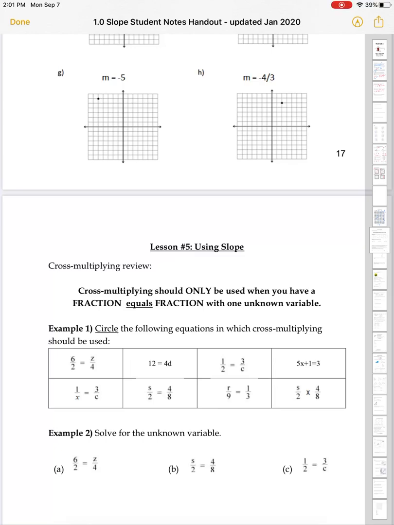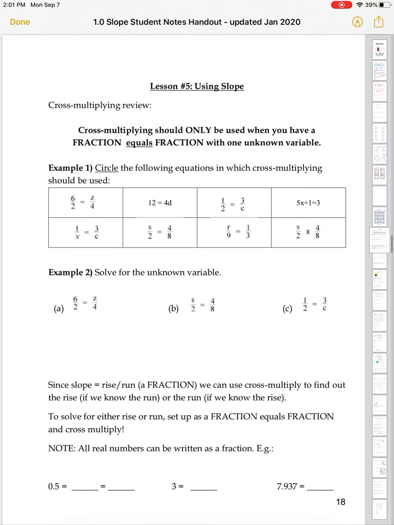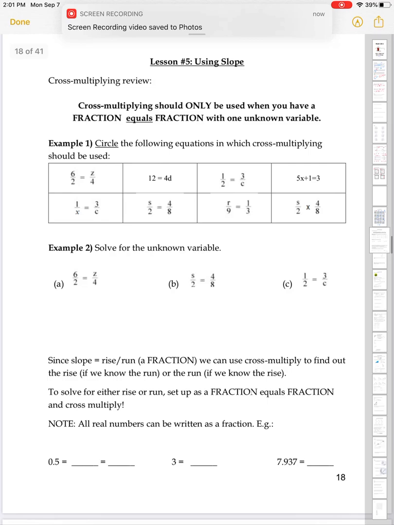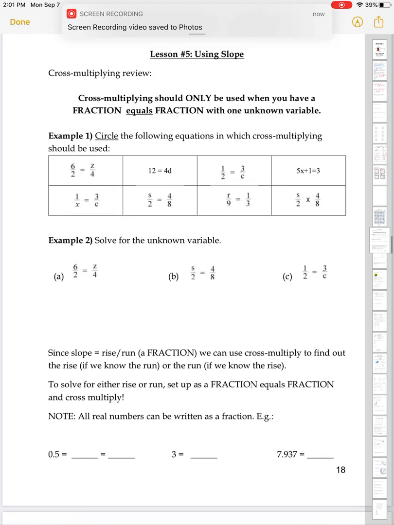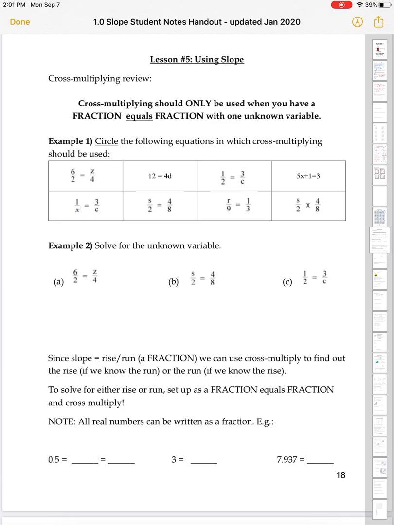Okay, so lesson number 5 is called using slope. We talked a lot about slope. We talked about horizontal and vertical lines. We talked about slope being rise over run. And now you're saying, but why? Why? Well, the reason why is we want to use these slopes to solve problems and to understand what's